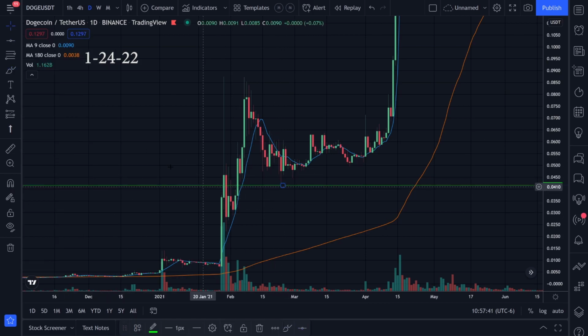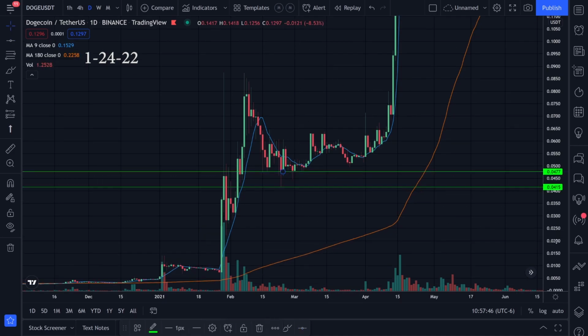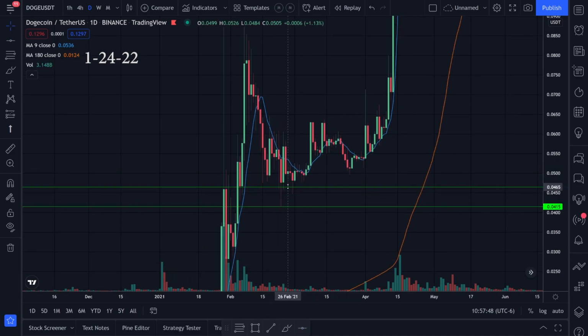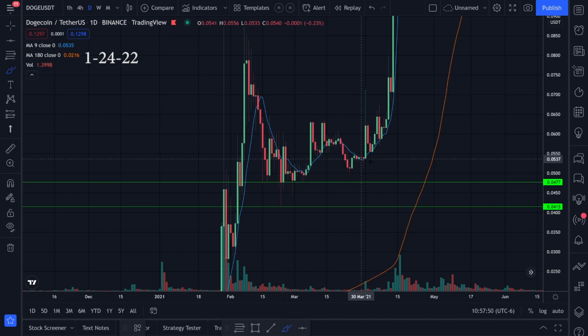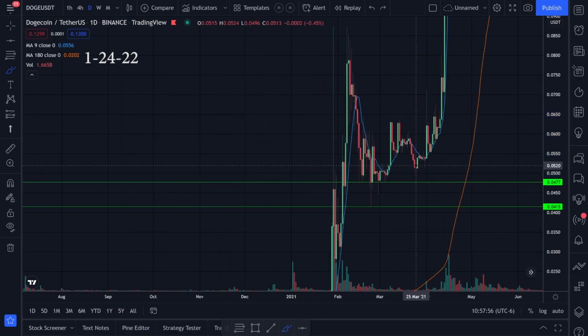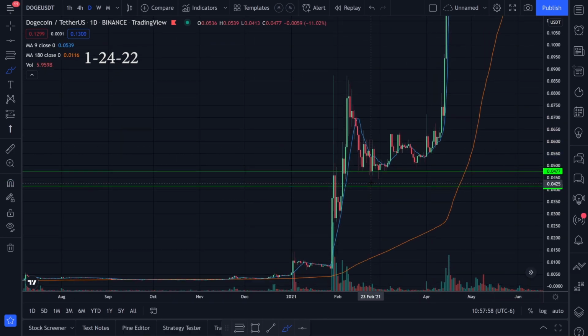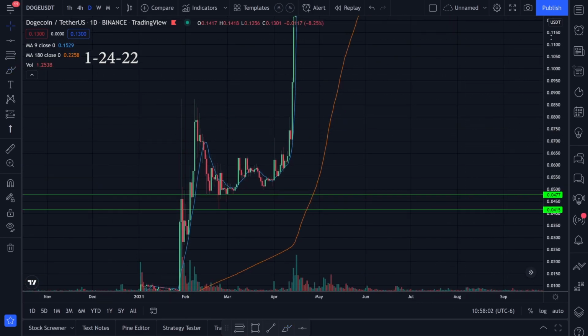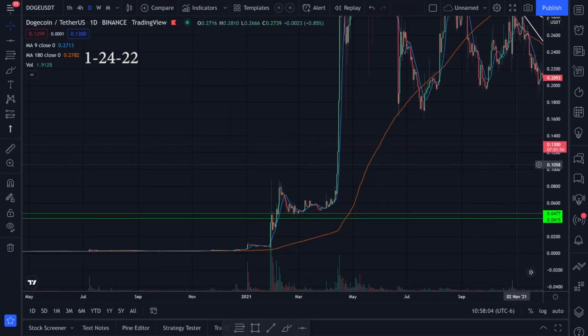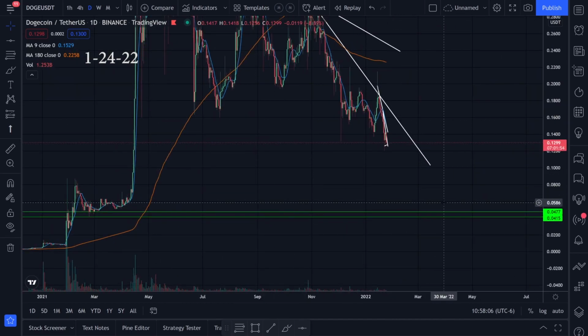We have one right here at the wick, and then we also have one, maybe something at the bodies right here at around 0.047. So around this 5 cent area might be another area that we might hold on, just because there's been a lot of trading in that area, but I'm not sure. I mean, it wicked all the way down to 0.041, so that might be a bottom that we might want to try to hit. I mean, if we continue to head down,